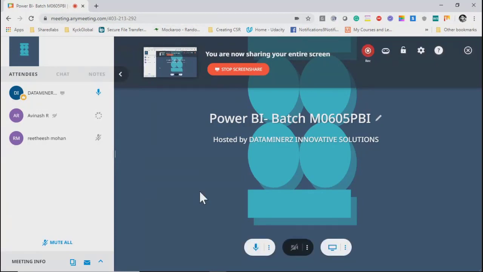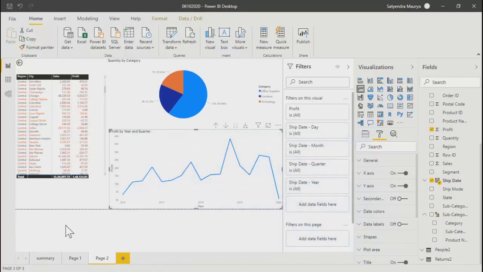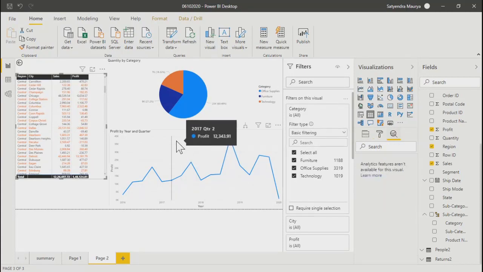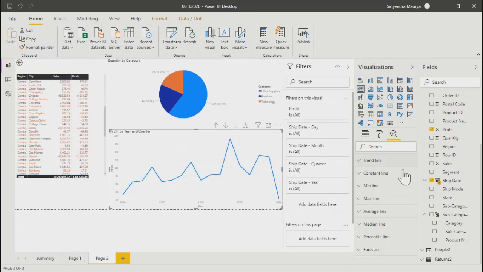Fine. So actually, I was just going through the different options for tables, which you get here, like formatting options. There were few options which are not available for table, like analytics and all. So I was trying to just show that using your trend line. So my question was, do you know about these lines? What it shows, like trend line, constant line, minimum line, maximum line. What are these, and where do we use it?